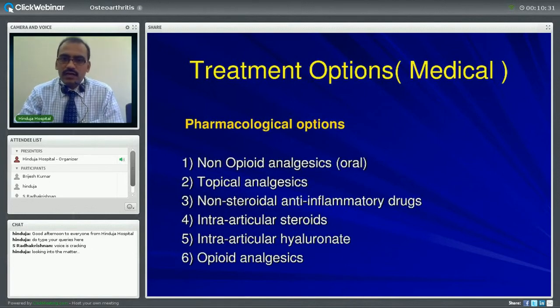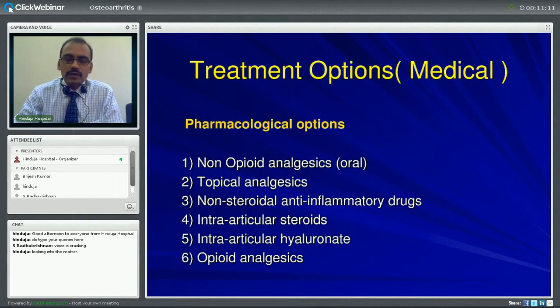What are the medications available to control this condition or postpone the requirement of surgery? The treatment will vary based on the type of arthritis and the severity of the arthritis. In early stages, where the disease is mild or moderate, the drugs along with the non-medical options like exercises, weight reduction, and supports, patients require analgesics, sometimes anti-inflammatories to control the inflammation which happens secondarily